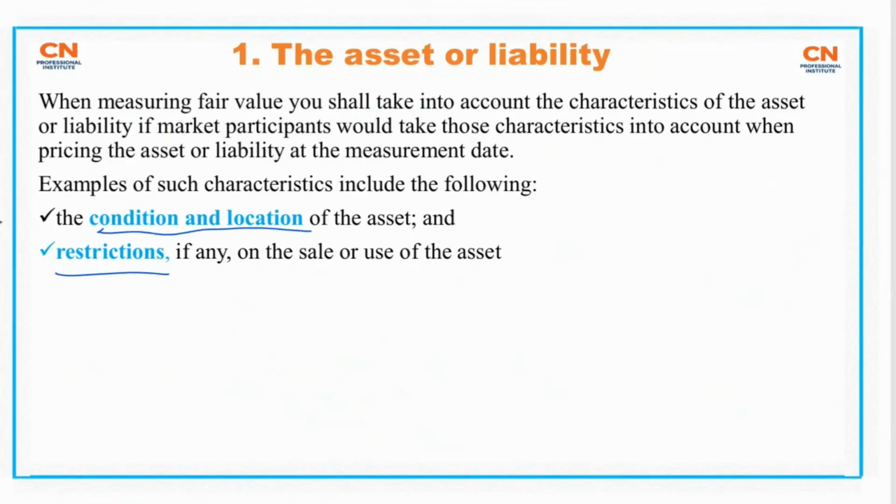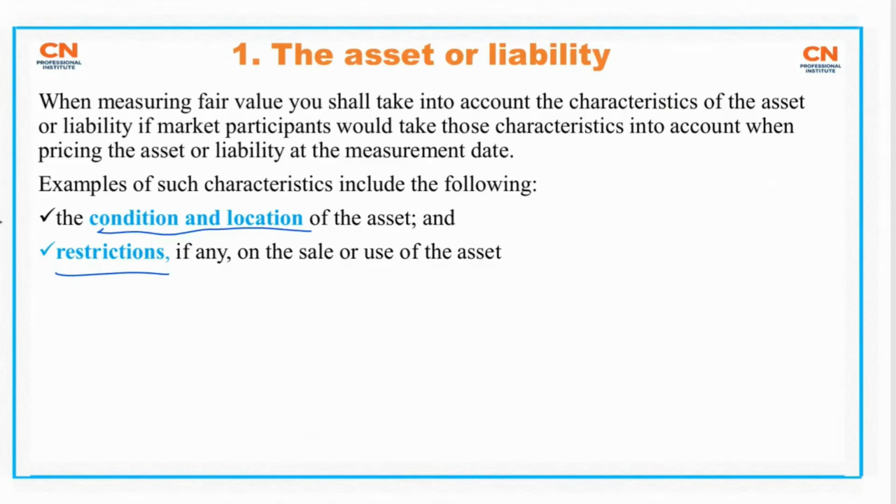If I'm measuring fair value, for the asset whose fair value you are determining, you have to look at the characteristics of the asset. Characteristics can affect the fair value. For example, you want to determine the fair value of an asset. You have to look at the age of the asset. You have to look at the level of wear and tear, that's the level of depreciation, the remaining life of the asset, right? Whether it's damaged or not. So we look at all these things.